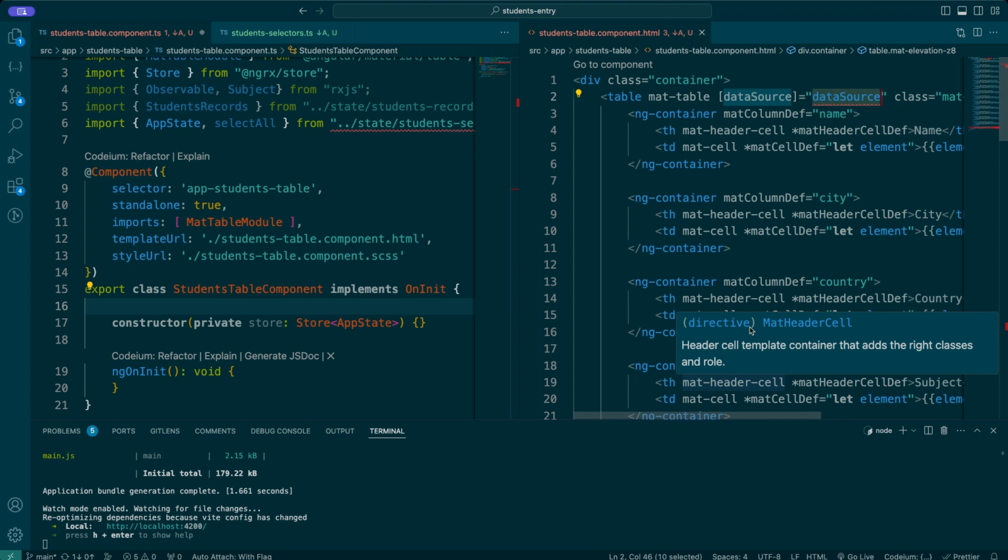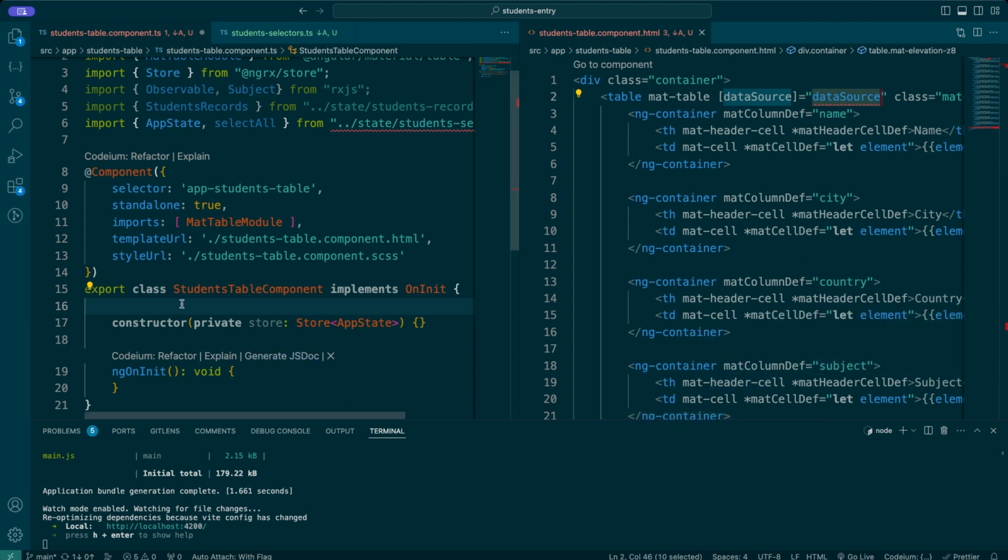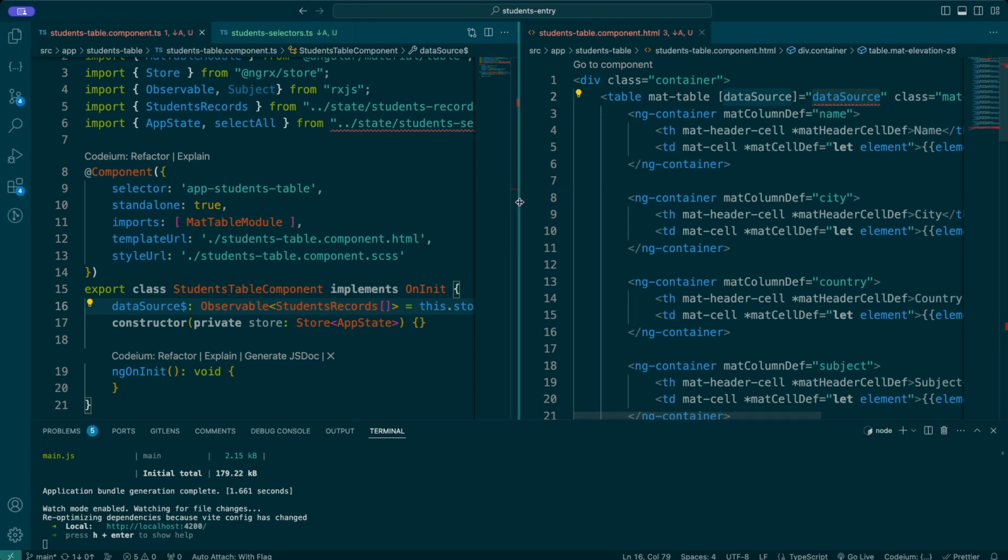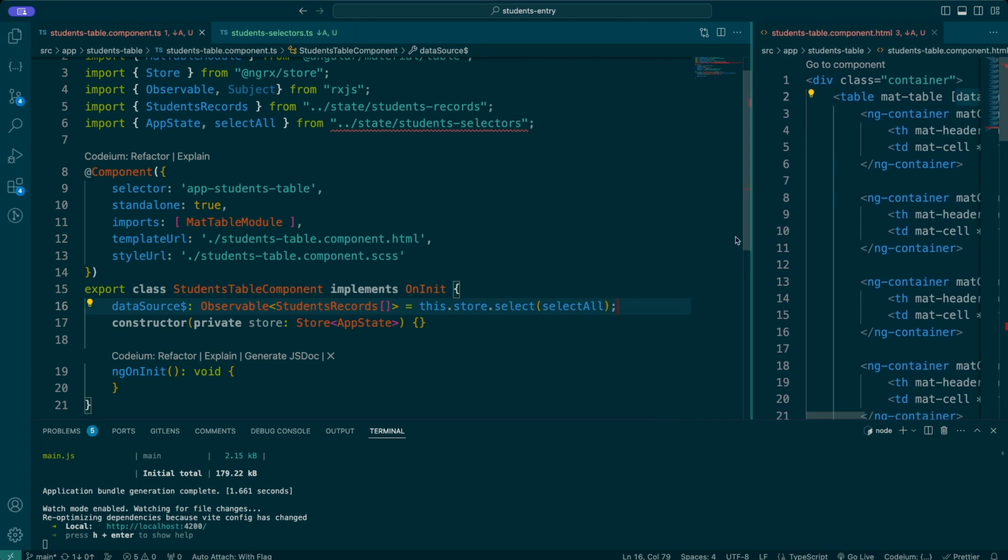And once you subscribe to those, whatever value you receive, this is something which we will be storing inside the data sources, right? So let me write down the data source logic first. Here you may have also noticed that I've imported a store here in the constructor. So I'm going to be writing the select all. And now